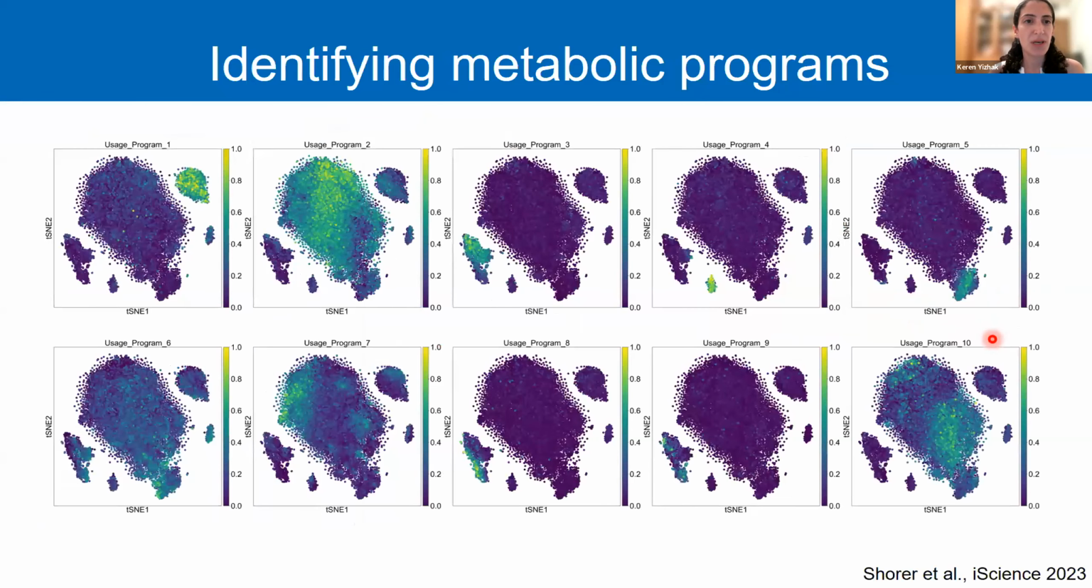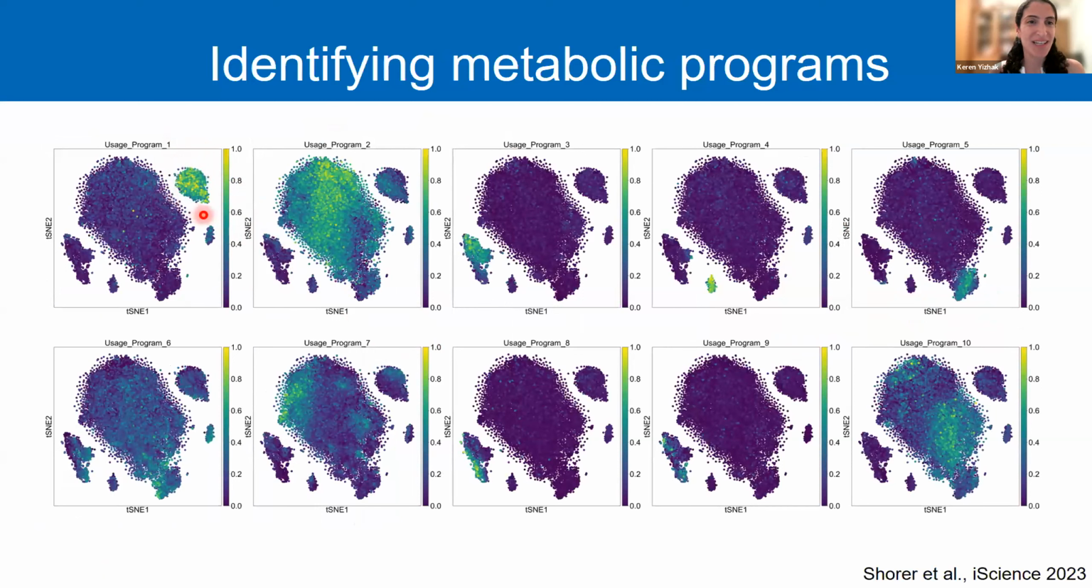So we have both activity programs and identity programs. Identity programs are ones that are active in specific cell types. And as you can see here,